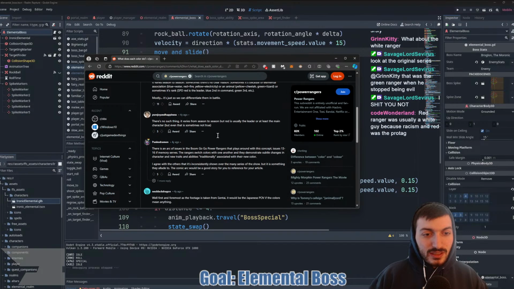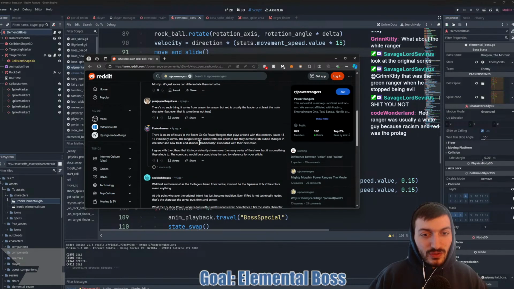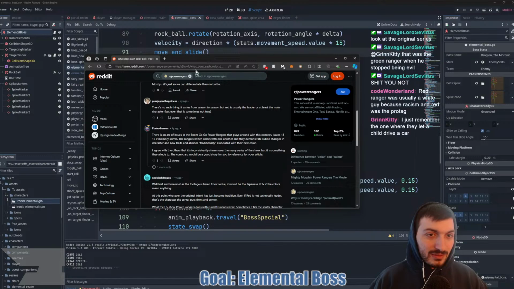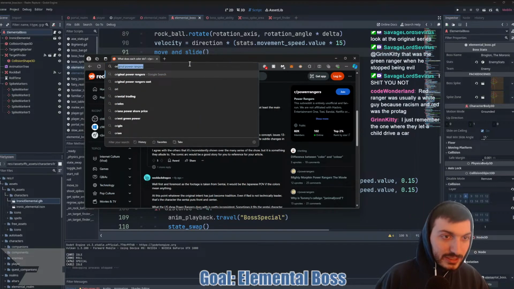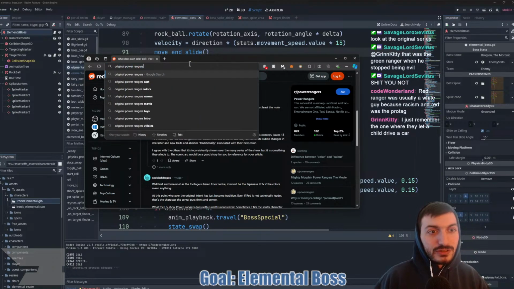No such thing. I guess they just don't have a such thing. The Red Ranger's usually a white guy because racism in red was the pro tag. What? When he stopped being evil. Original Power Rangers.